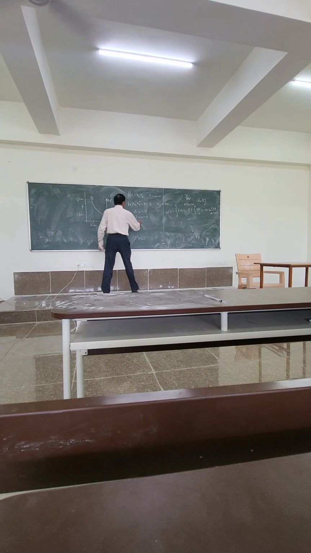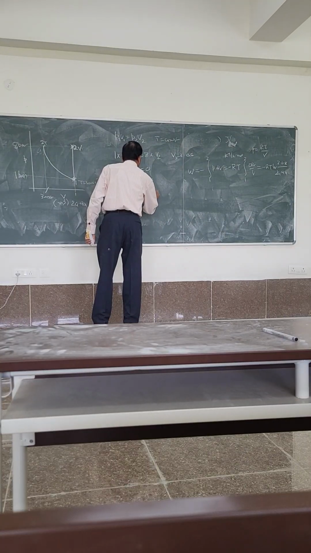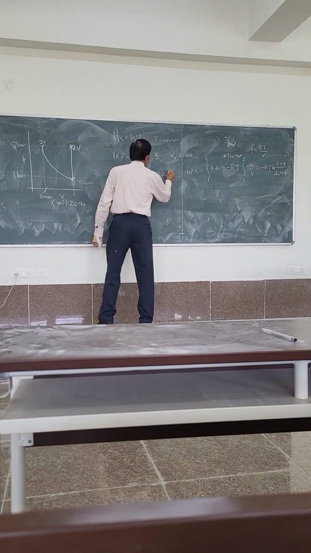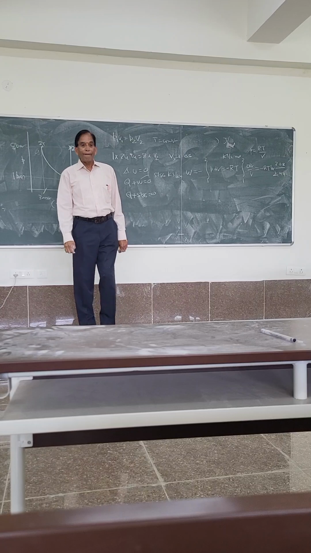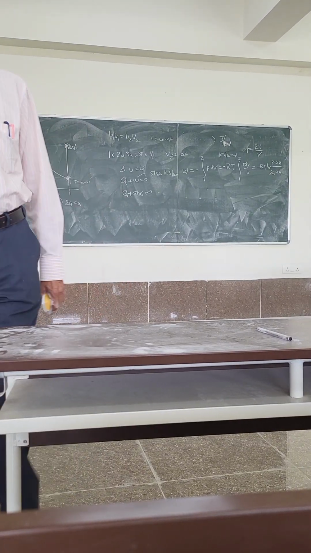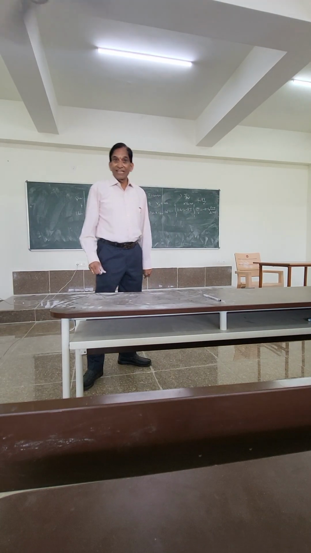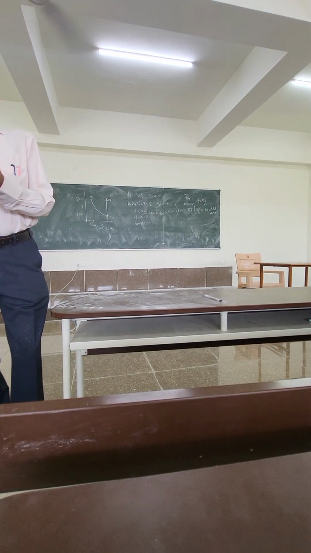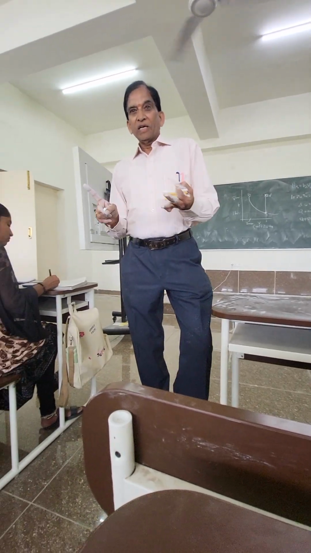Q plus W is equal to 0, and W is equal to 586. Q is equal to 0 minus... how much is Q? If Q plus W is 586, how much is Q? Minus 586. So Q is equal to minus 586. Alright, done. So we have done the isothermal process, and we calculated Q, W and delta U.